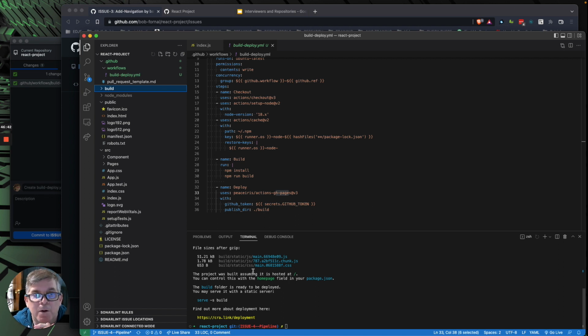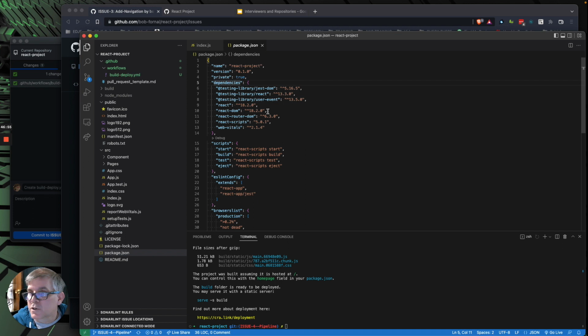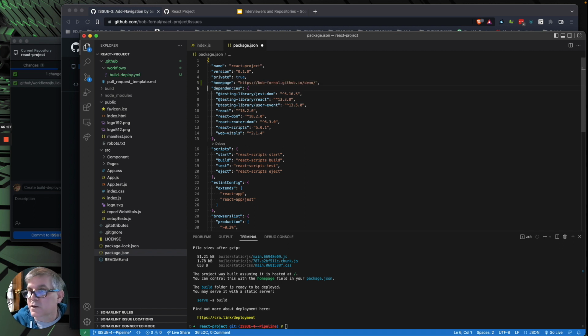Okay. Now, in the package.json, we have a correction we have to do there that makes all of this work. And I've just kind of learned over time with React, this is how you do it. I usually put it under private just so it's up near the top. And you have to have the full name of the repository. So github.com Bob4 React project. Not demo. React project. Now we're going to need that React project for a second because we've got one other thing we've got to fix. We're going to save that.